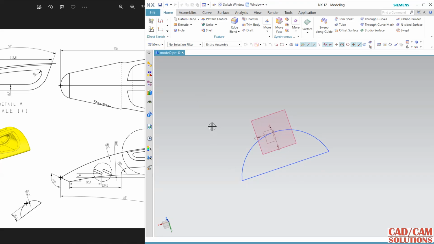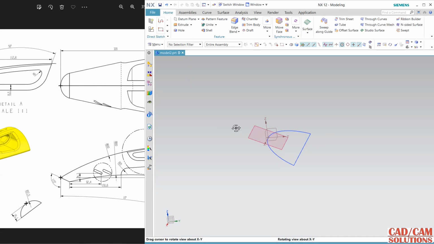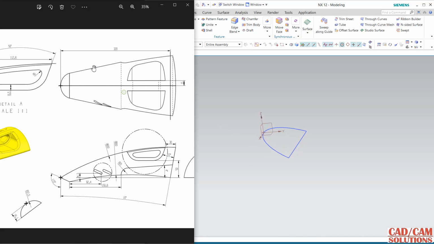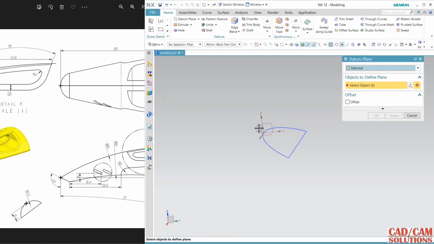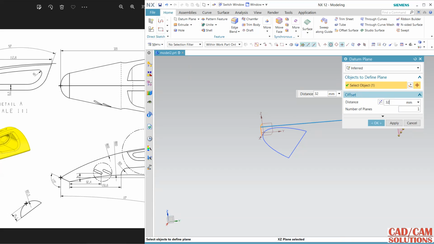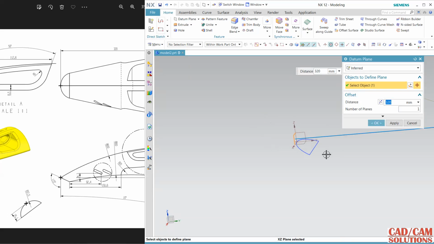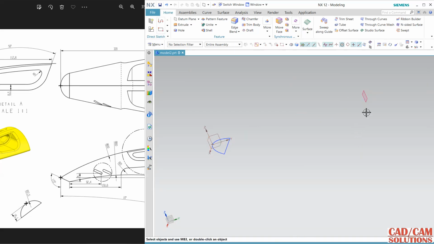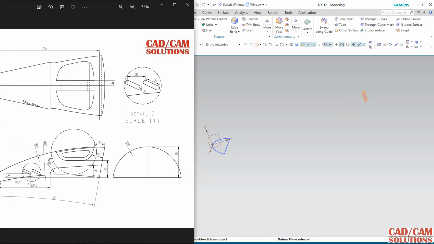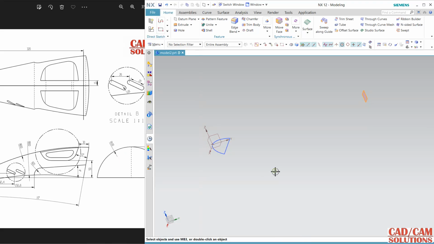Finish. For second section, hide this plane. I need a plane at 320 millimeter away from this side. So select this, and offset is 320, and it is okay. Just click OK. And my second section, which is this one, okay, so this is on the second plane.